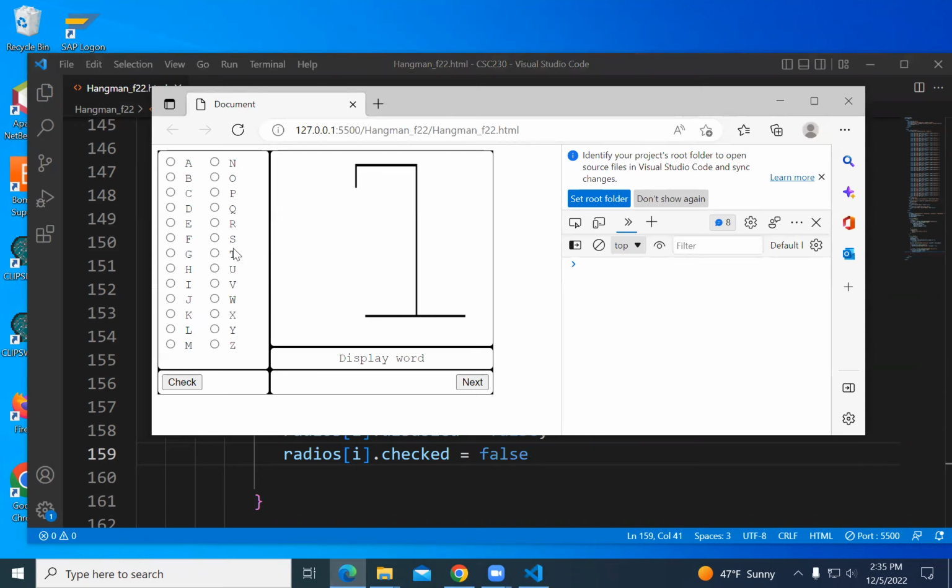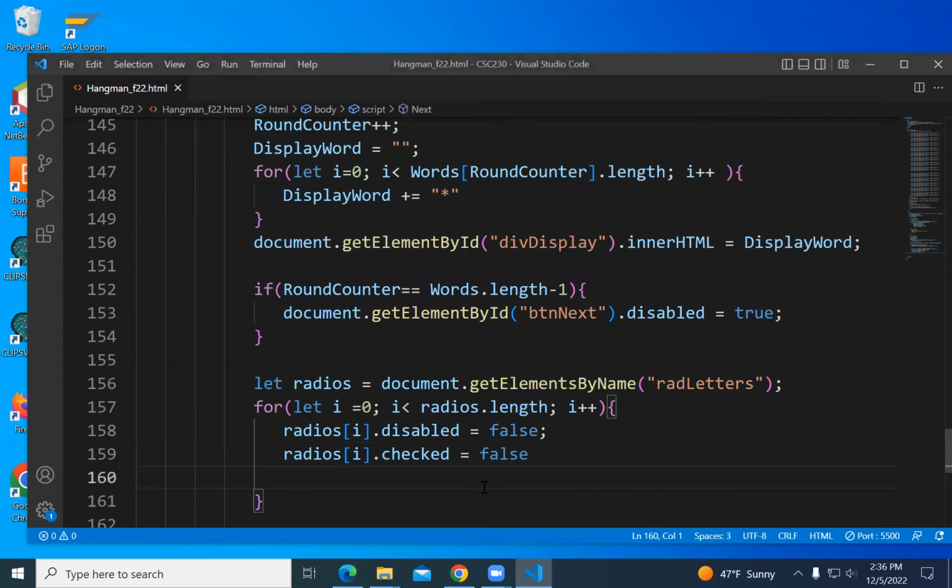All right, so I guess some letters. I have a problem right now is that I'm guessing letters and I'm not even in a round yet. So we got to deal with that. But I've guessed some letters and I move to the next round. So T and V and I, now they're available again. Nobody's selected and nobody's disabled. One of them is T, I can get T again.